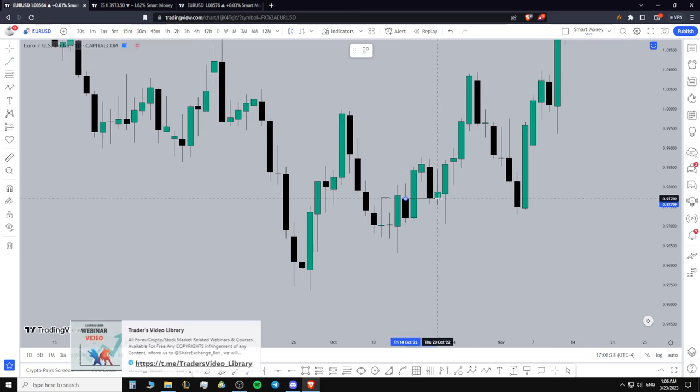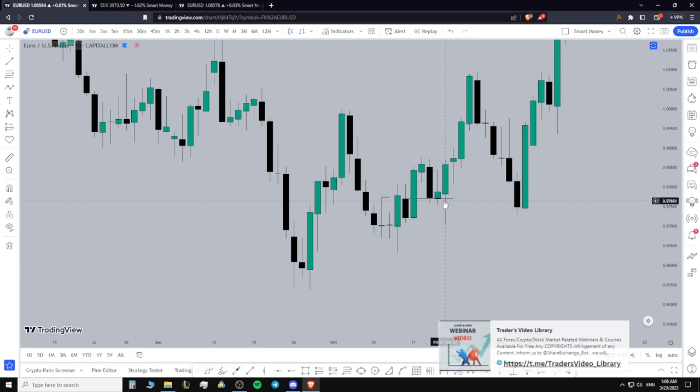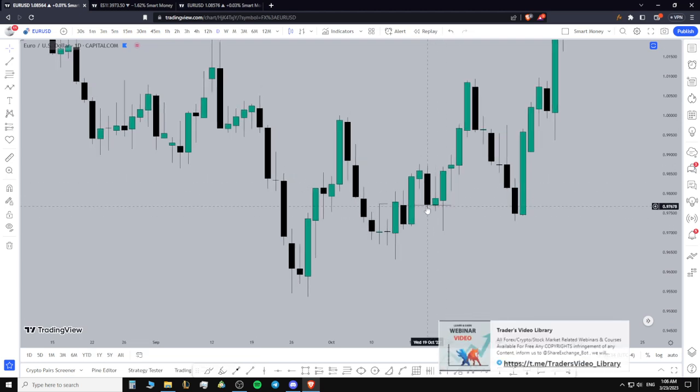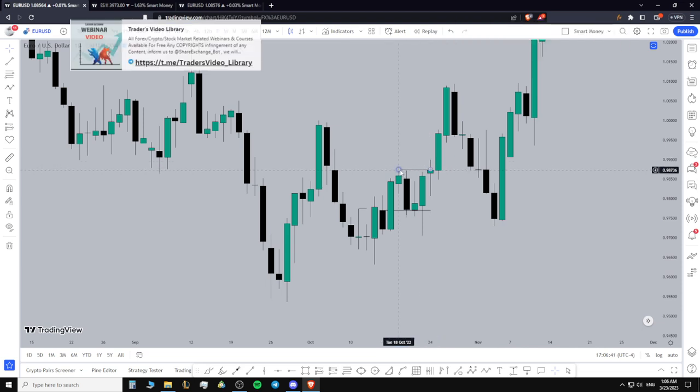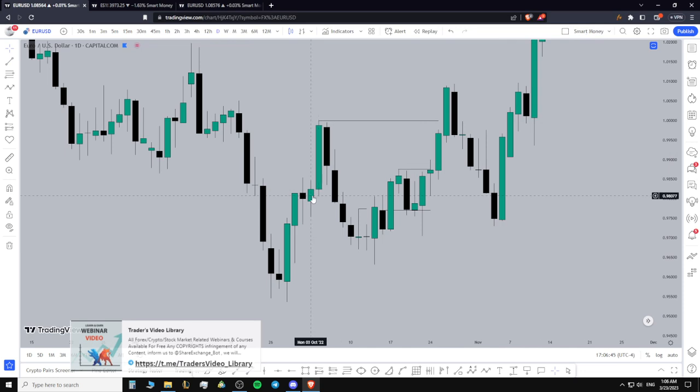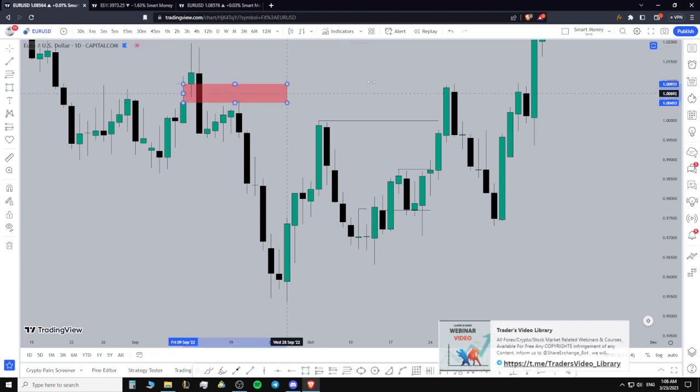We have this order block right here. Focus how candle wicks respect this order block right here. So on the lower time frame, you can target this high as your drawn liquidity, or this high as your drawn liquidity, or this volume imbalance right here as your drawn liquidity. So let's go on another